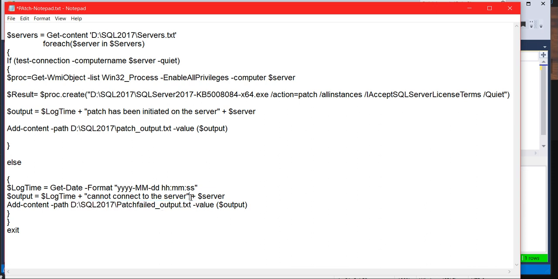If any server is not responding, either it's down or it doesn't belong to the same domain due to human error, and you have placed a different domain server also, that server will not connect, and it will give the output like cannot connect to the server. So you will get the output here for whatever failed servers.